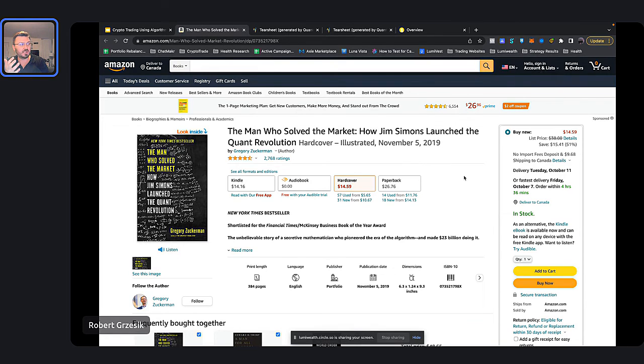When computers were brand new, it was still very difficult to do this stuff. I think it was pre-Windows, right? So this was like DOS computers, and connecting to things was really hard. Getting data was really difficult. It took them a while before they were able to get some algorithms that were making money. I think it took them like 1 or 2 years, or maybe even 3 years before they were able to figure that out. For you, it's going to be a lot easier because we have way better technology now. We actually give you a lot of technology when you go through this course, and we'll show you how to use this.